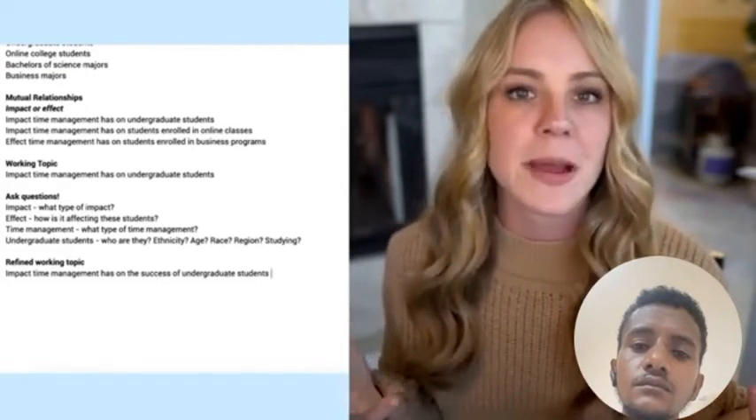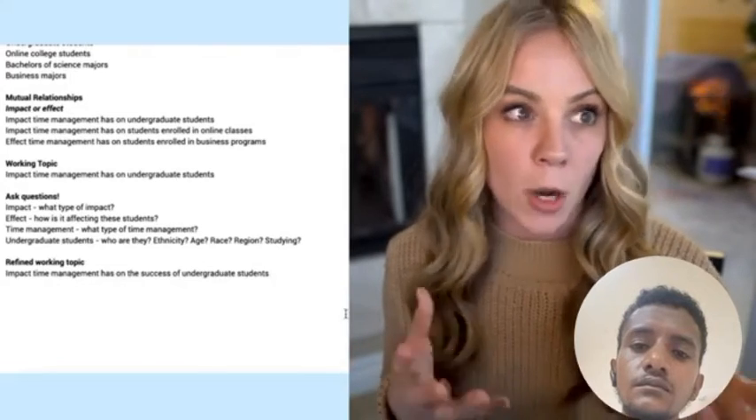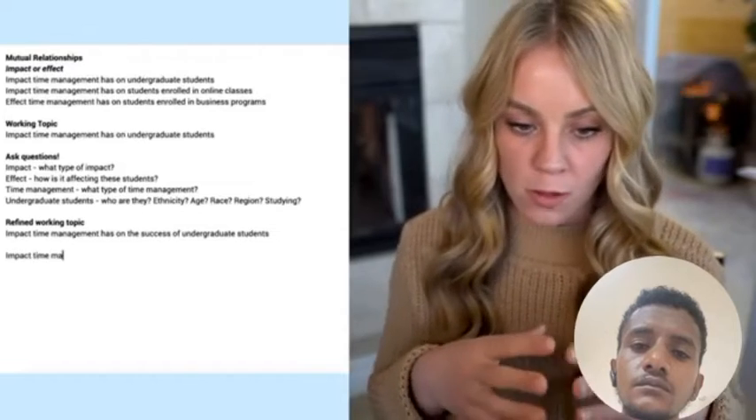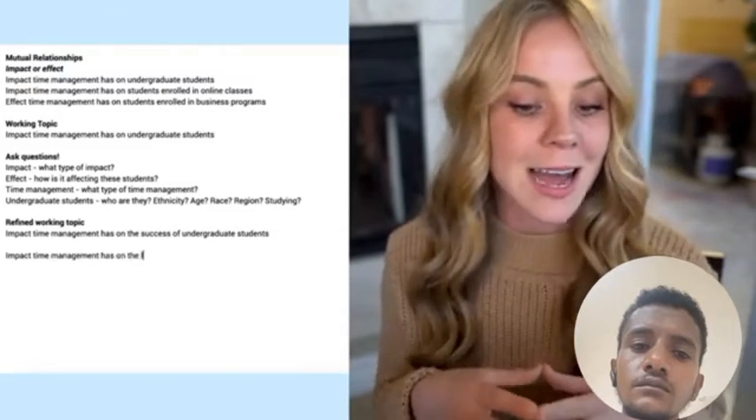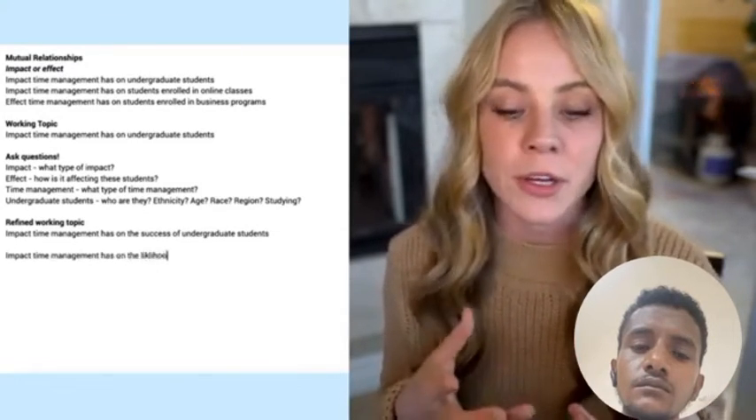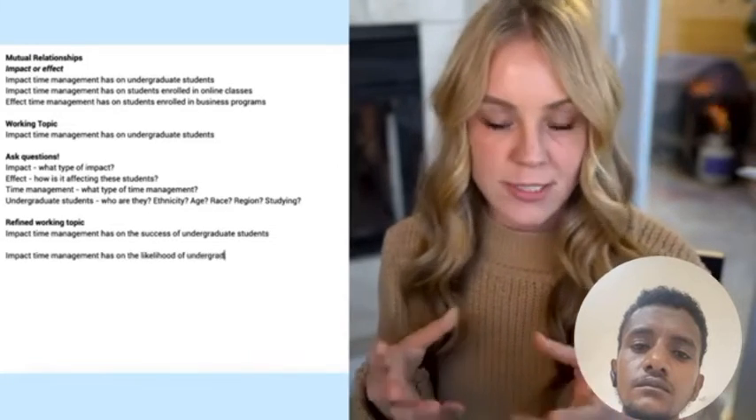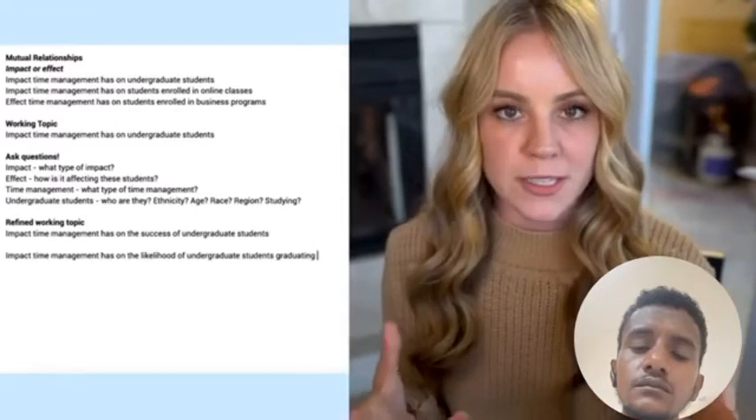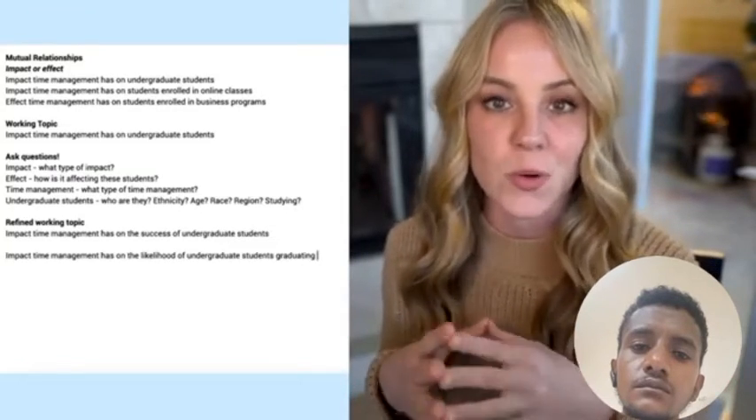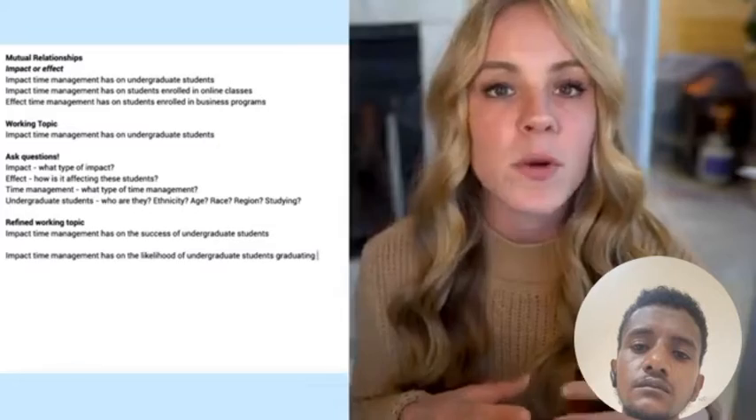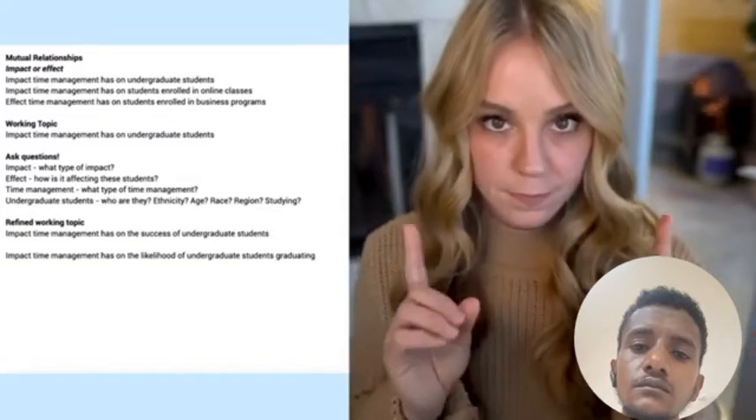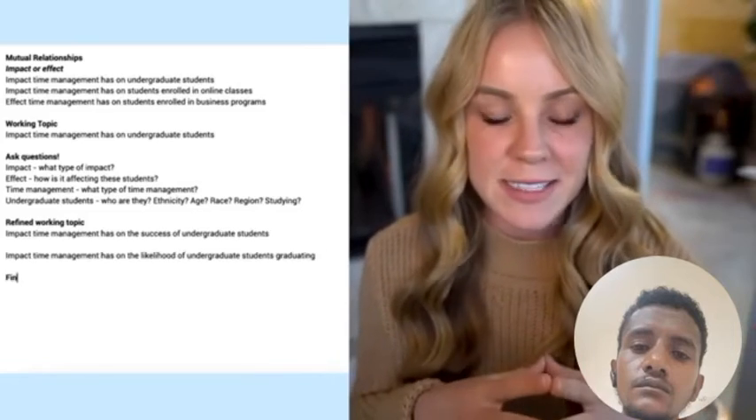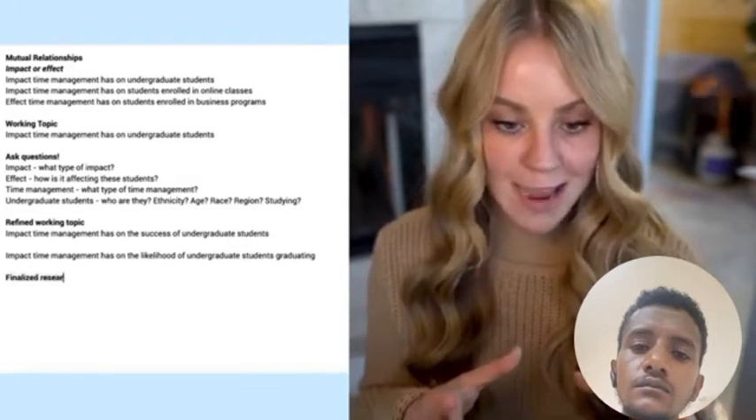For example, what do we mean by success? How are they successful, or how are we gonna measure success? So that leads us to thinking something along the lines of the impact time management has on the likelihood of undergraduate students graduating. Cool, that's our marker for what we're researching, undergraduate students graduating. And so at this point, we've done our preliminary research, which we would have done on a few working topics. We only showed one for the sake of this example, but we've narrowed it down